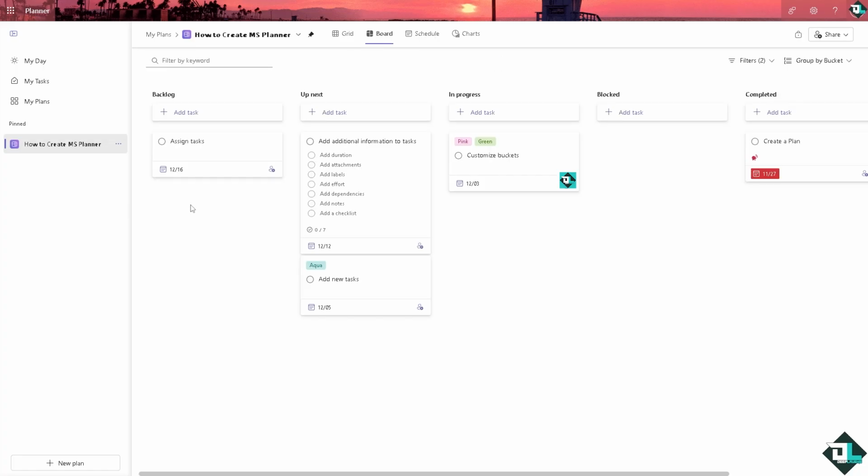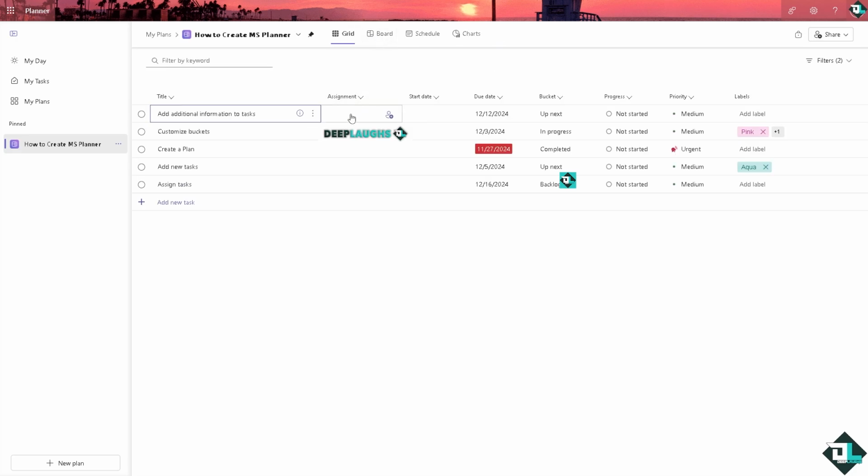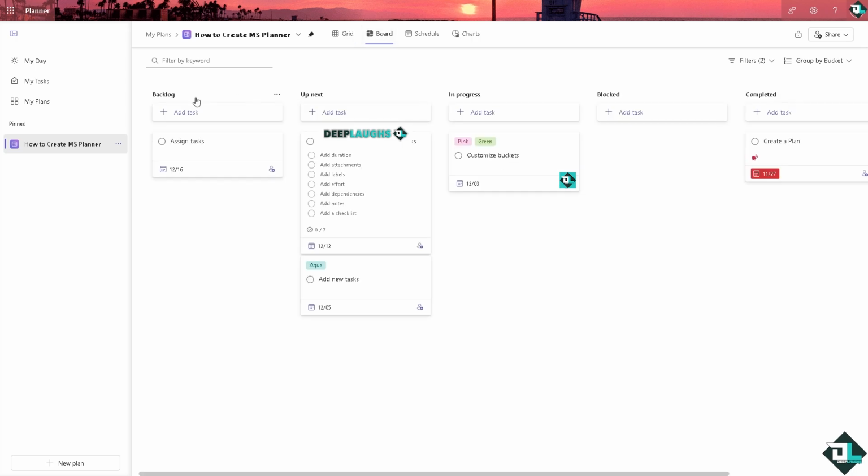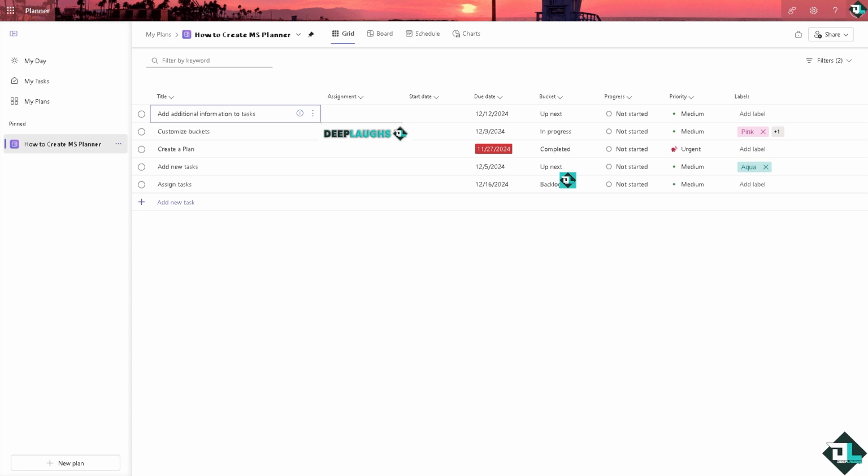And from here, you can create a lot of things. You can go to the board view, the grid view right here. If you want the board, you might want to click this option right here that says schedule, or a grid view right here. Create a new task, add new task right here. And you can put in a label if you want. Add a label